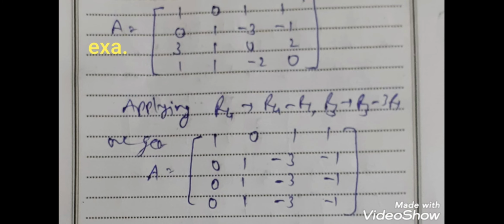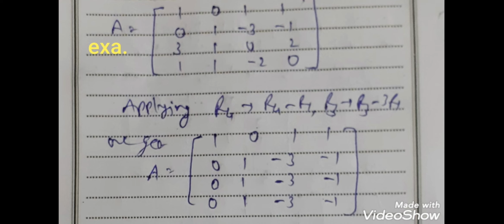So if we multiply first row by minus 1 and add into fourth row, then we get first element of fourth row is 0. Similarly, if we multiply first row by minus 3 and add into third row, then first element of third row will be 0. So now we see what will be the change in third and fourth row. So here first element of third and fourth row are 0, second are as it is.